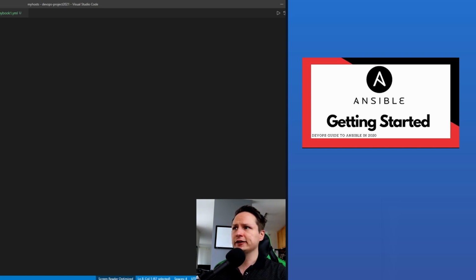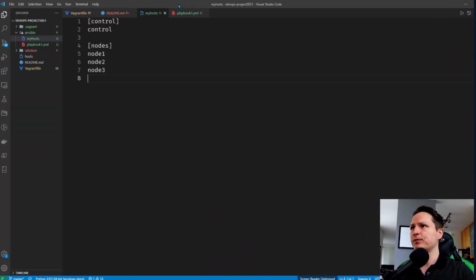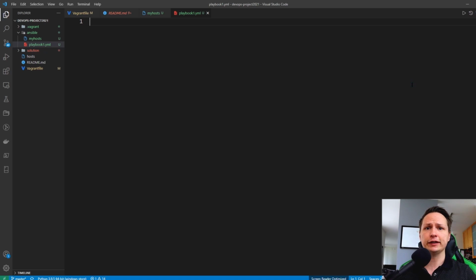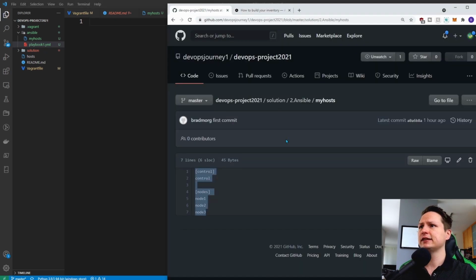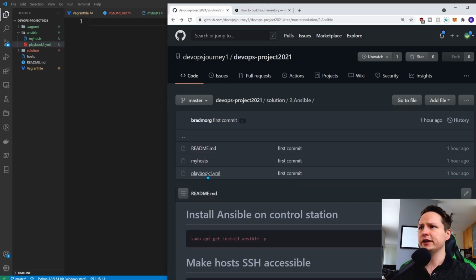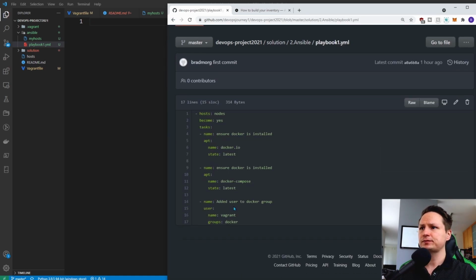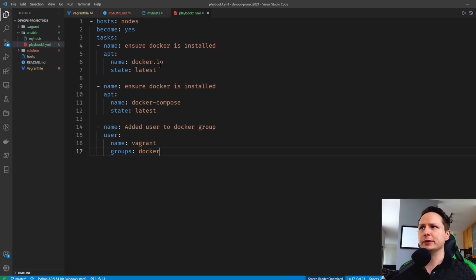So let's go ahead and clear this out and move into our playbook. So the playbook file in Ansible is a pretty special file. It's basically everything Ansible's going to do when you run the Ansible playbook command. So let's go ahead and take this and go into our playbook. And I'm just going to copy this over because I think just explaining it is going to make it pretty